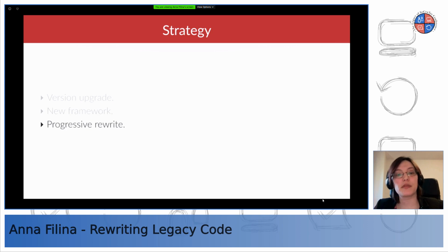And then you can do a progressive rewrite. Progressive rewrite means that you replace one module at a time, maybe even one class. Just replace small pieces at a time until you have rewritten everything. And then you can refactor stuff. You can also go the route of just refactoring. It is valid. It is a way to eliminate technical debt. It is quite involved. I'll explain some more details in a second. And then you can go for a full rewrite, which obviously I don't recommend, but it is a valid strategy that we still need to discuss.